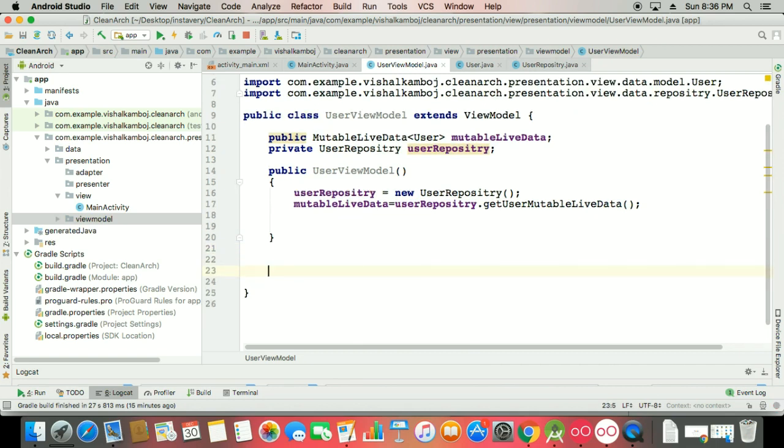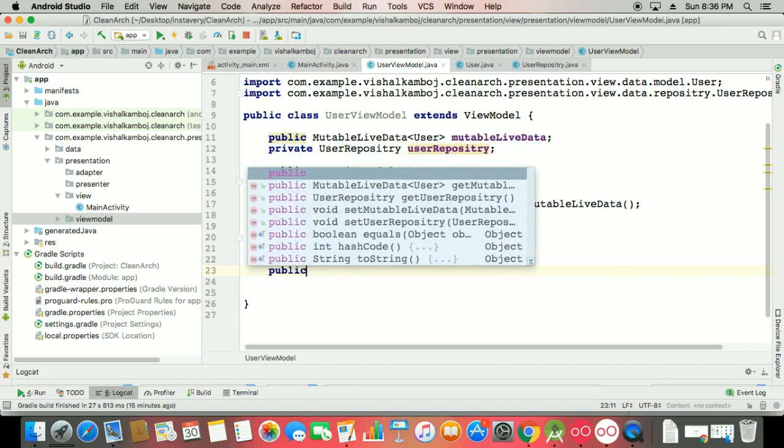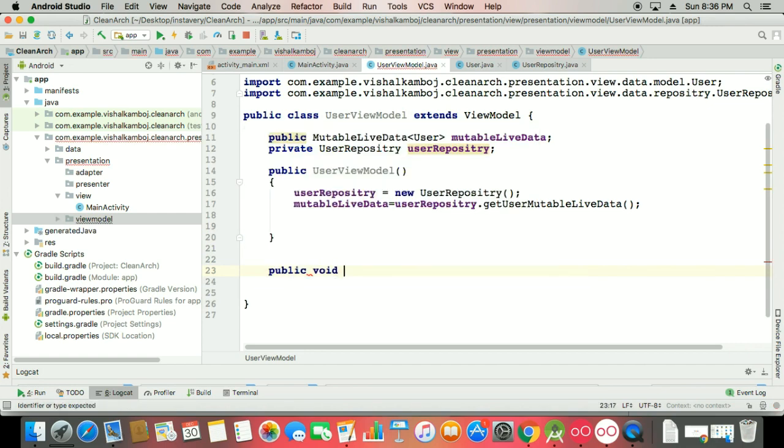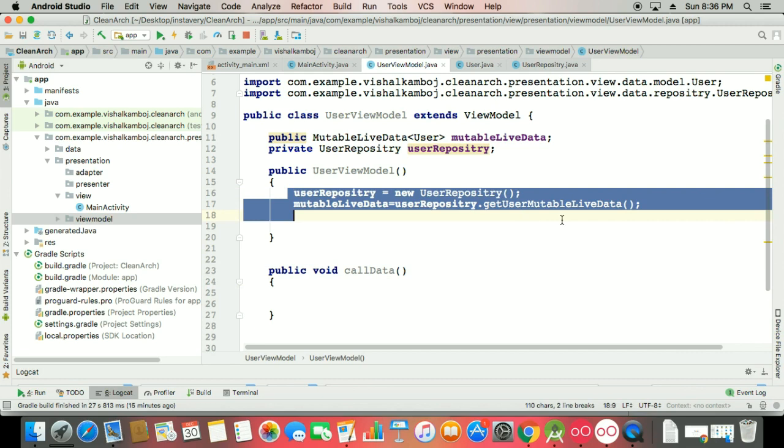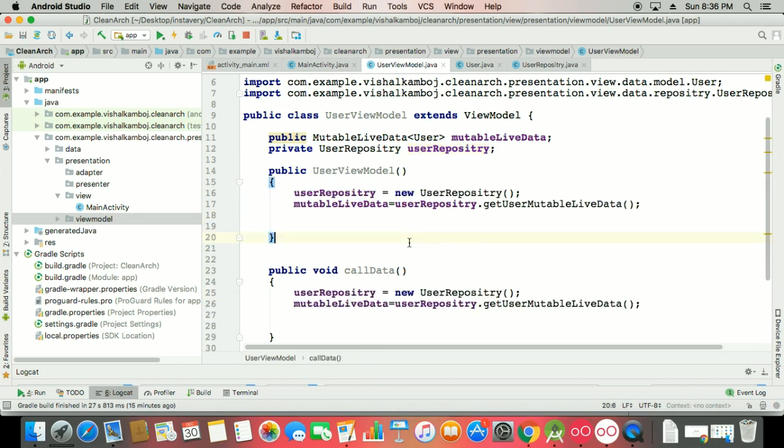And if you want the click versions, you can make a public void call data, because I'm just showing what the presenter is doing here, so just copy paste it and call it. So everything should be perfect.